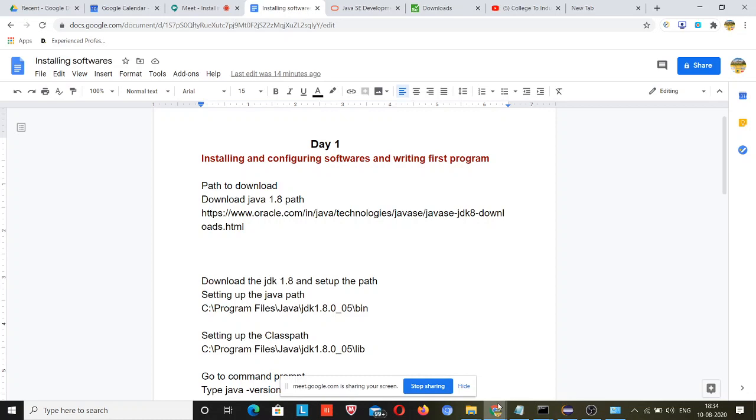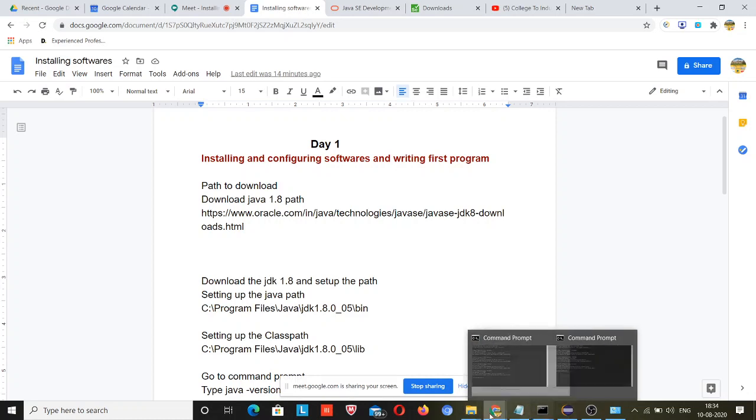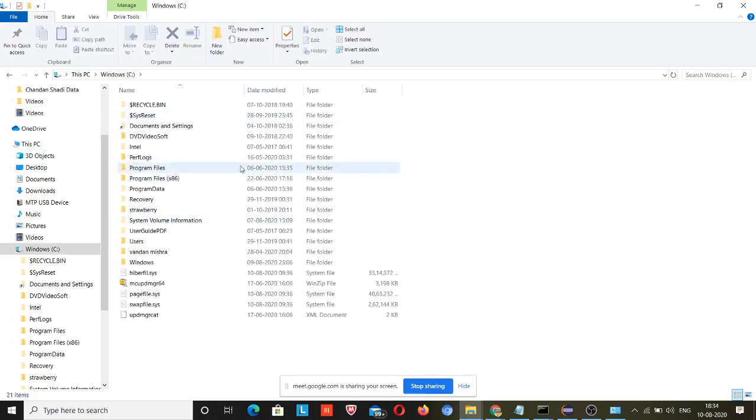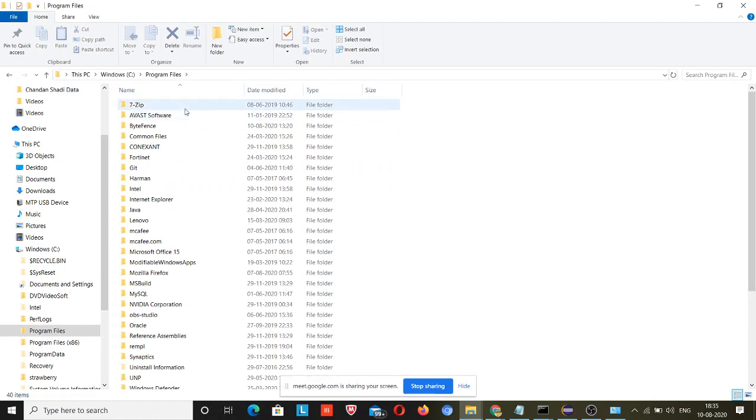After doing this download process, you just need to right click on This PC. Before that you have to see one thing. Let me show that after you have installed Java in your machine, you need to go to the C drive, and here in C drive you will see this Program Files folder. So just click on Program Files, and inside Program Files there will be a Java folder.